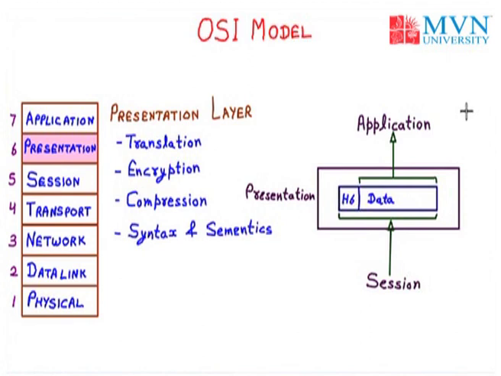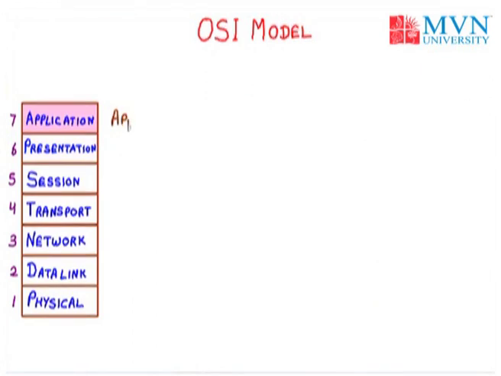Next, the last layer we have is the application layer. The application layer provides the services to the user, and below the application layer we have the presentation layer. The main function of the application layer is to provide the user interface. That means the application layer provides particular protocols and functions so that the user can access the OSI model. Basically, the user can interact with the system with the help of the OSI model, and at the top layer we have the application layer, which provides the particular protocols. Protocols are the way by which a user can communicate with any system. So these are the set of rules.